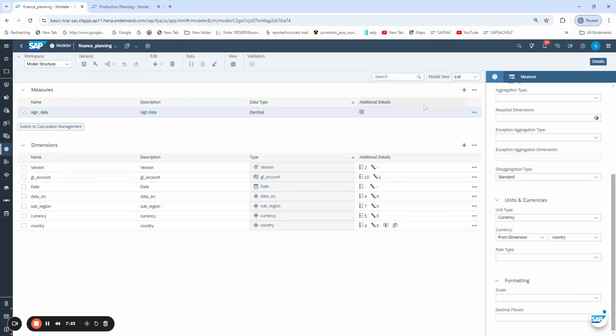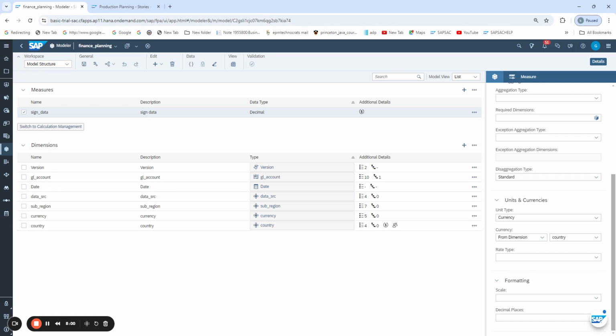Now, to do the currency conversion, we need to maintain the exchange rates, FX rates. So that is our first step. We need to check where we maintain our forex rates. If you go to the BPC system, there we have a rates model. Generally, on top of the rates model you can create one input template, where users can enter the exchange rates, or of course you can upload the data through a flat file